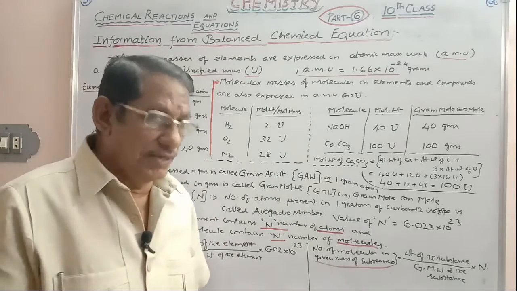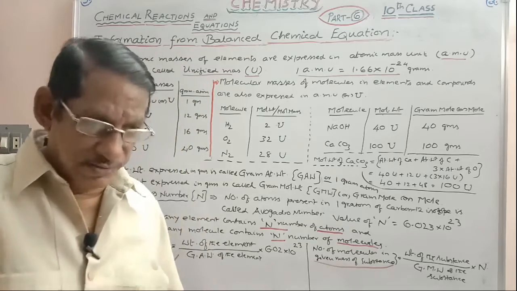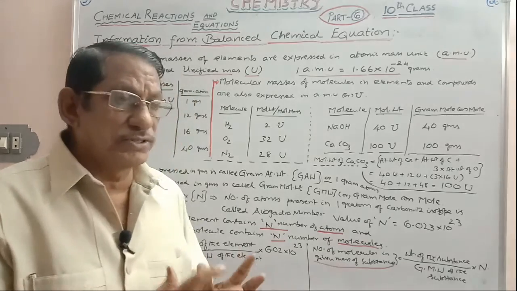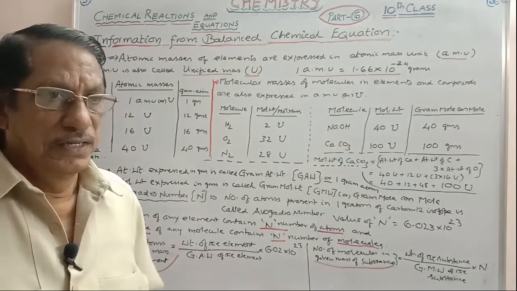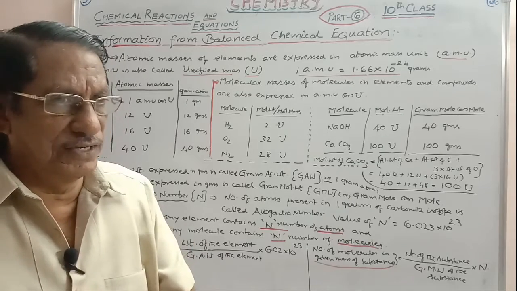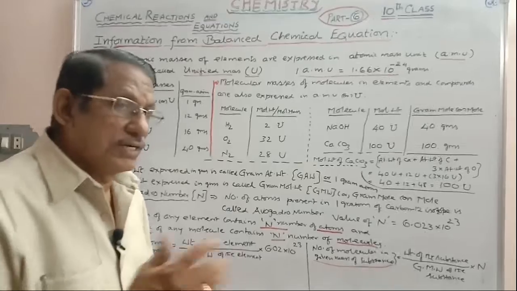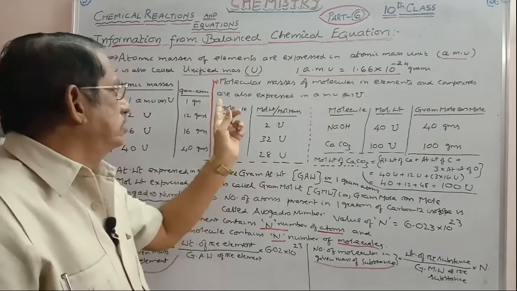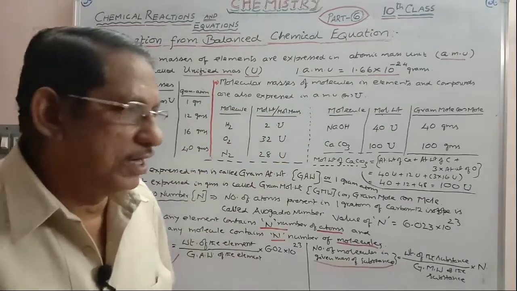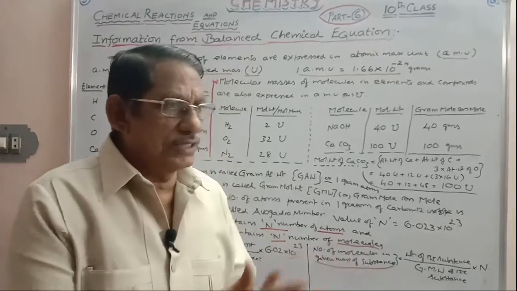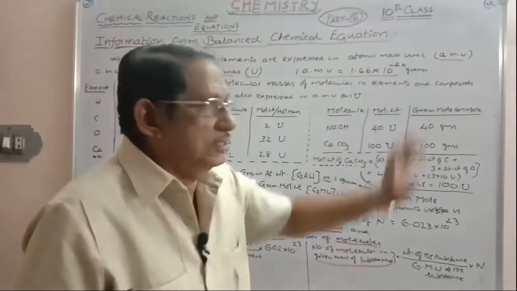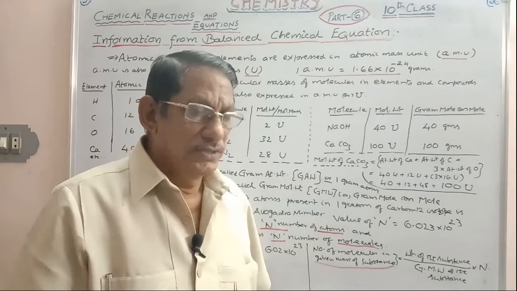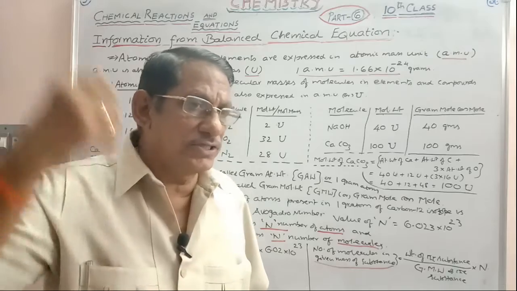And compounds will be having molecules. Some elements will be having molecules. And metals will be having only atoms. So if you take the molecules of substances, like molecules of elements and molecules of compounds, you can take their molecular weights. Even the molecular masses of the molecules in elements and compounds can also be expressed in AMU or U. If you want to convert AMU into gram, this is the actual unit here. U can also be replaced by gram. That is the meaning you can get in the balanced chemical equation.